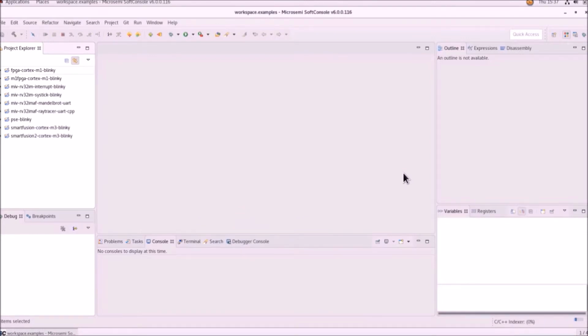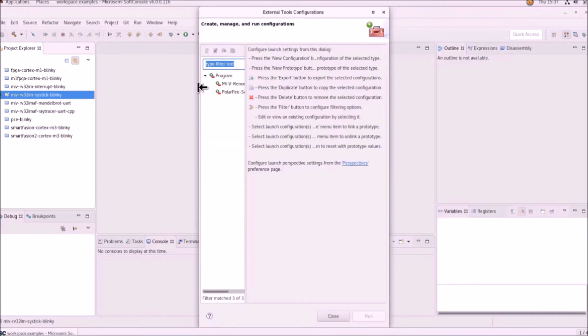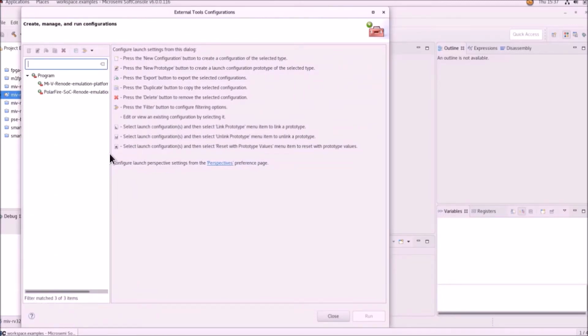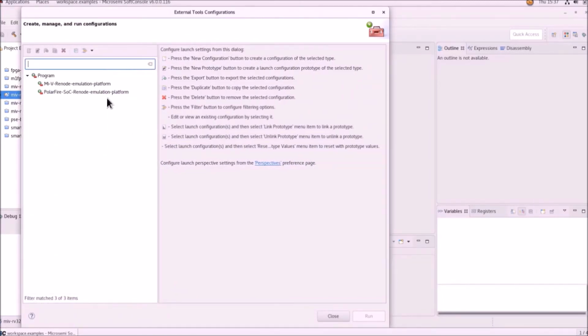So now that SoftConsole is opened, and this is actually my first time running it, the C/C++ indexer is running in the bottom right hand corner. It's advisable to wait and make sure that the C/C++ indexer has finished running before you try to actually do anything in SoftConsole. So now I just want to check my Renode installation, and I can do that with the